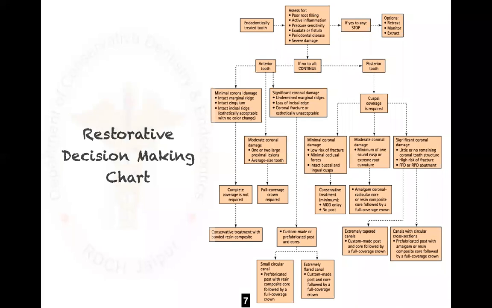Right. Next, we have moderate coronal damage. If a minimum of one sound cusp or extreme root curvature is present, then you can go for an amalgam corono-radicular core or resin composite core followed by a full coverage crown. This is no rocket science. In case of moderate coronal damage, which is there in 99% of the cases when a patient comes to you with a posterior tooth, in 99% of the cases, if it's an easy case, what you yourself are going